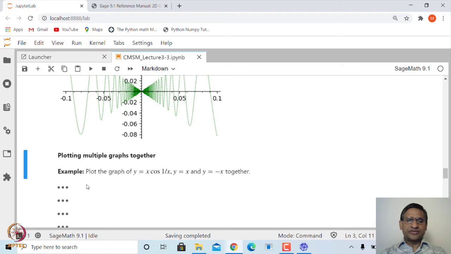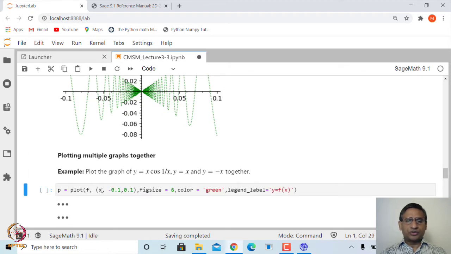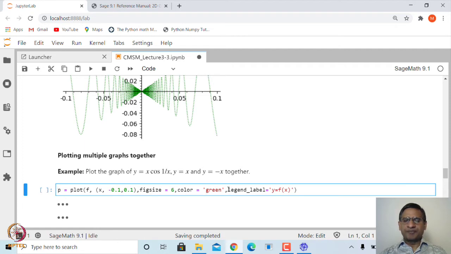So, this is again very simple. One way to do is first plot this graph and store it in f. So, plot f from minus 0.1 to 0.1, figure size is 6, the color is green, and we will also put a legend so that we can distinguish which curve represents which function. Okay. So, that is the legend label.